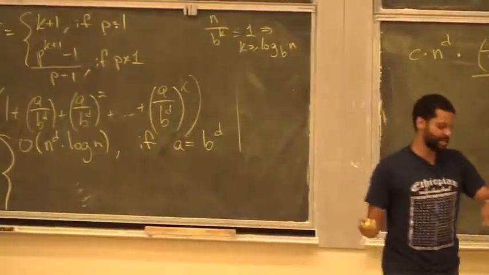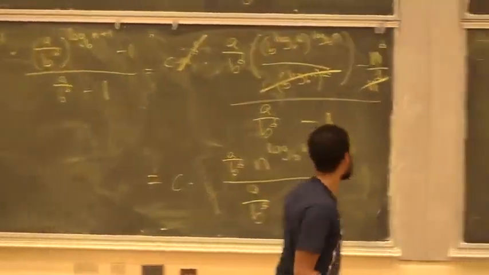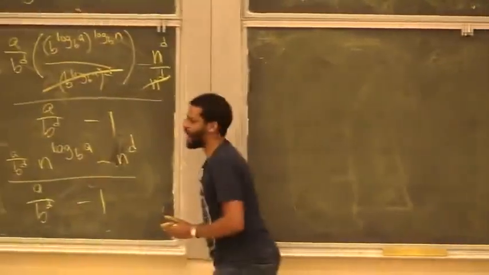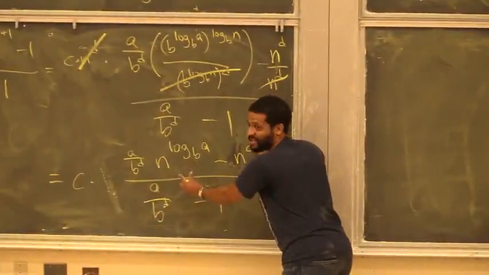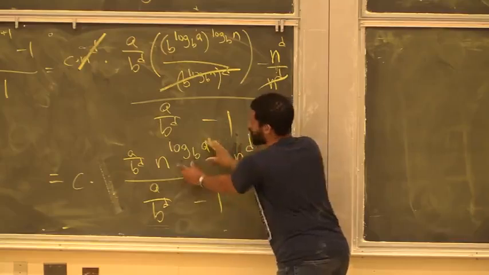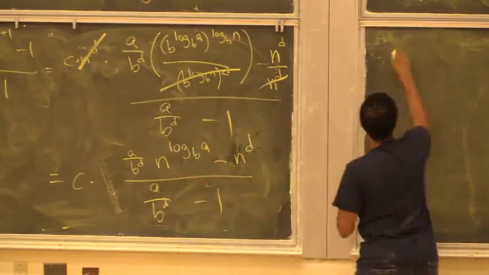The 2 other natural cases are a is less than b to the d and a is bigger than b to the d. Right? So basically, let's try to compare. What I'm interested in knowing is comparing these exponents. Kind of which one is the bigger term? Is n to the d the bigger term, or is n to the log base b of a the bigger term? Right? So case 1